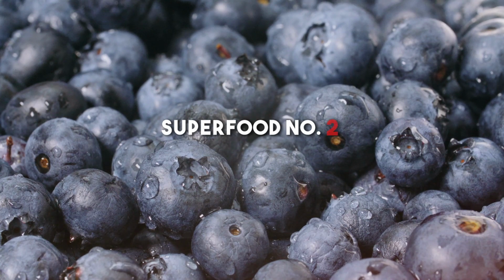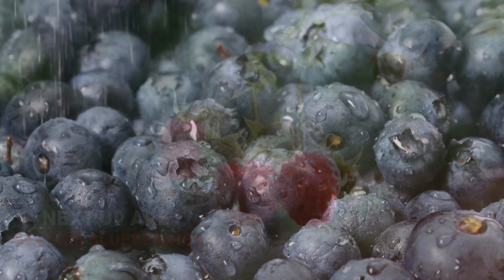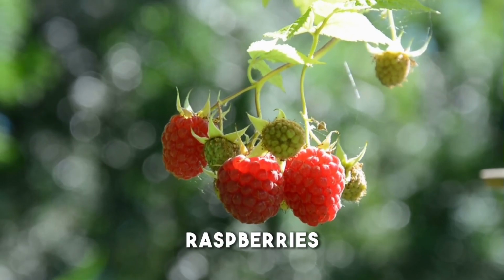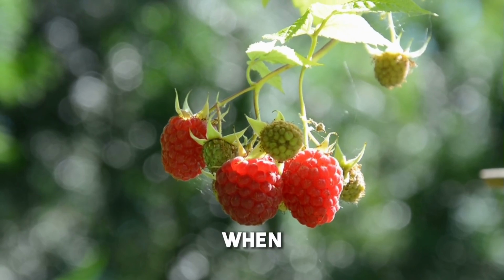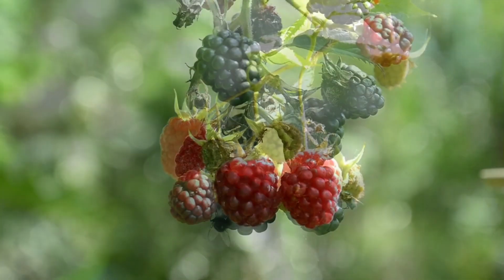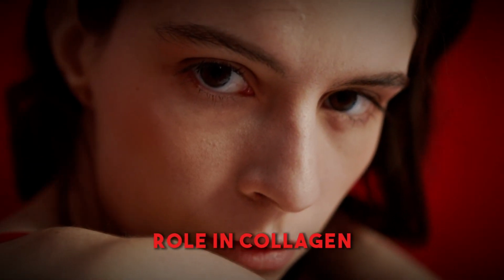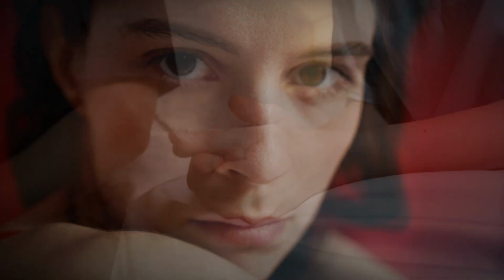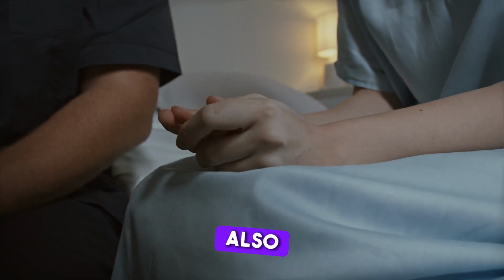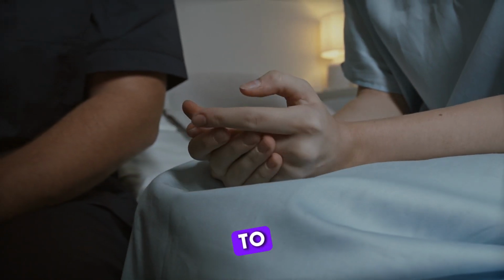Superfood number 2, berries. Next up are berries. Blueberries, strawberries, raspberries, you name it. These tiny fruits pack a big punch when it comes to antioxidants. Berries are rich in vitamins A and C, which play a crucial role in collagen production, helping to keep your skin firm and youthful. The antioxidants in berries also help combat oxidative stress and inflammation, which can lead to premature